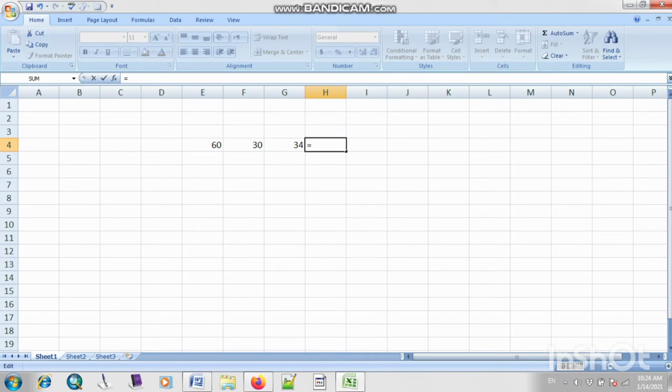So let me sum these numbers. First of all, let me write with cell addresses. Now what is the cell address of this 60? That is E4. So I will write here E4. The next one is your plus. Now what is the cell address of 30?